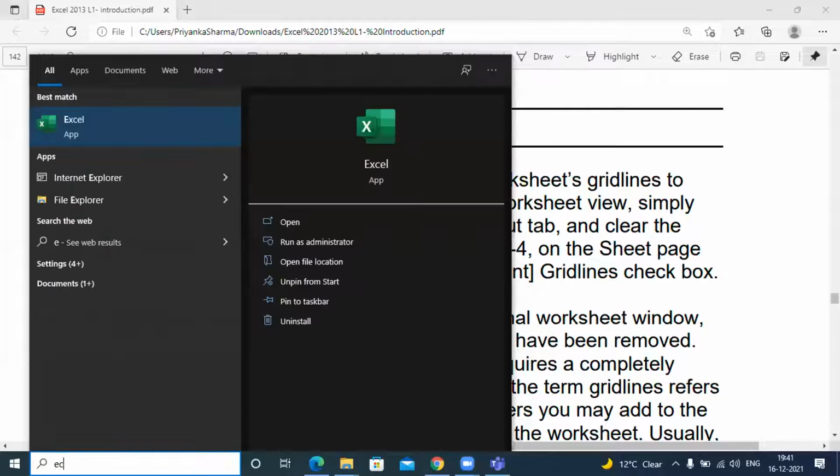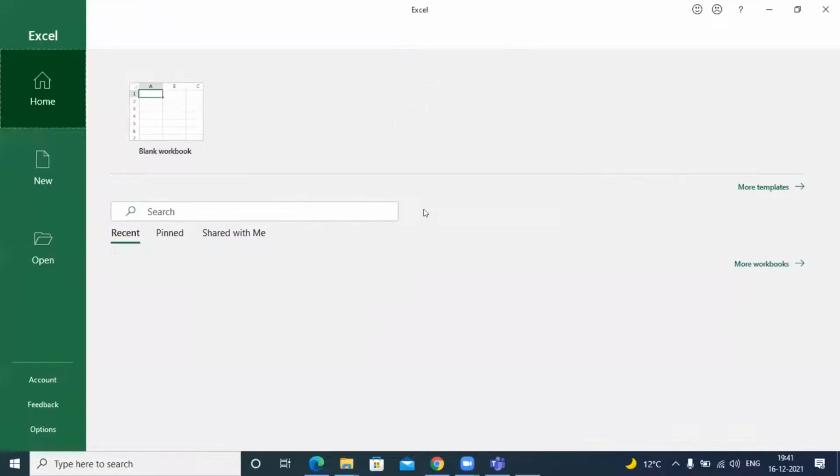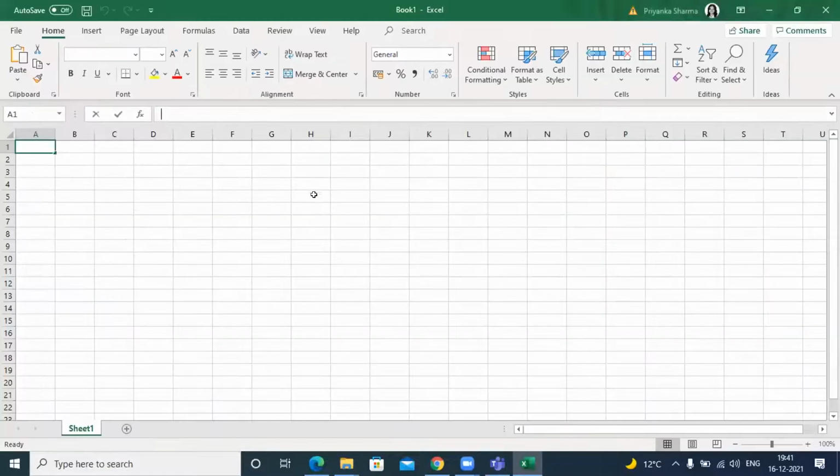Let's open an Excel sheet. So many times you don't like to have these grid lines on this Excel sheet for any reason. You want to draw a diagram or whatever. What can you do? There is an option where you can actually remove these grid lines. They are called grid or grid lines, right? How can we do that?